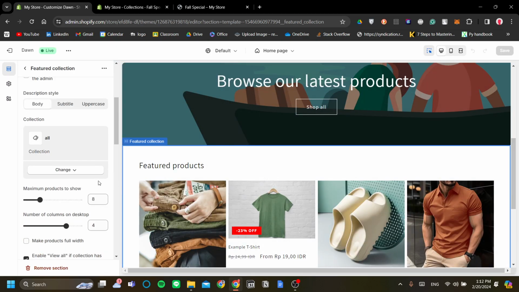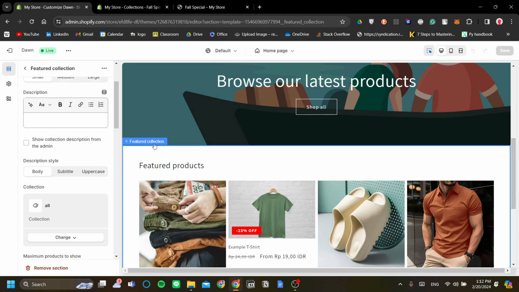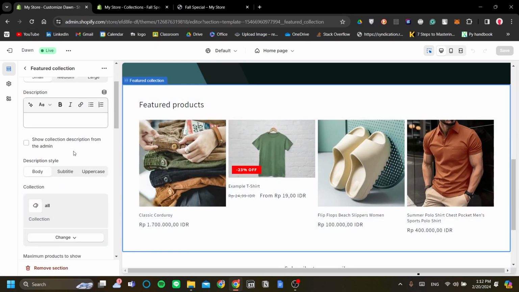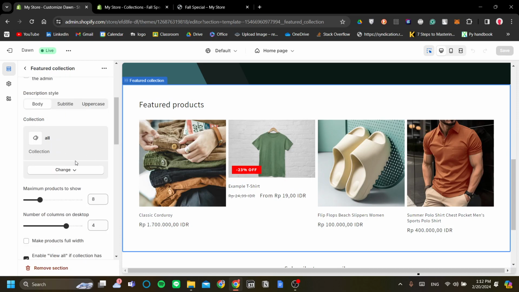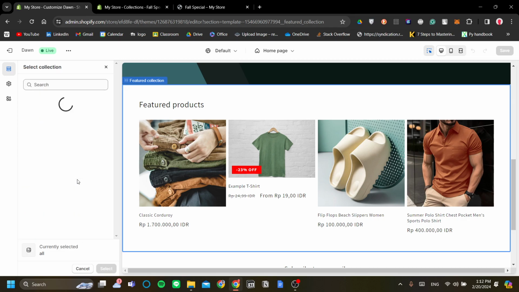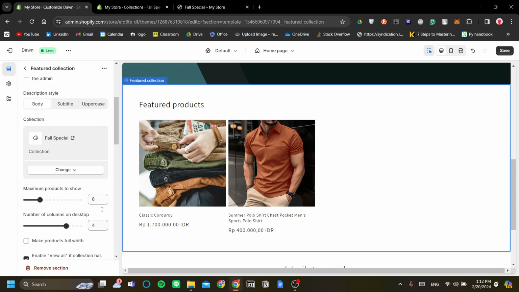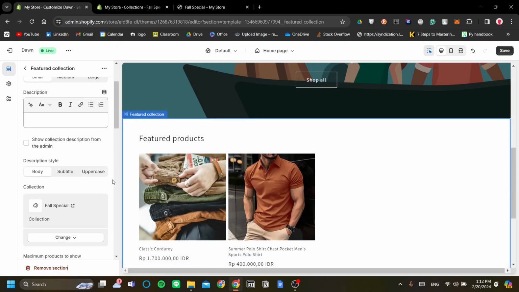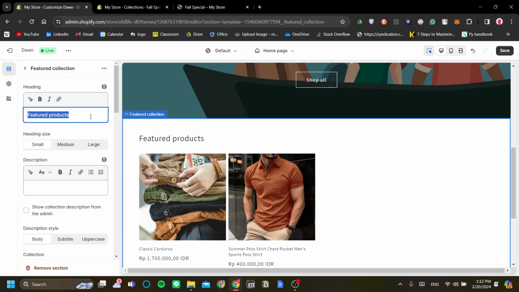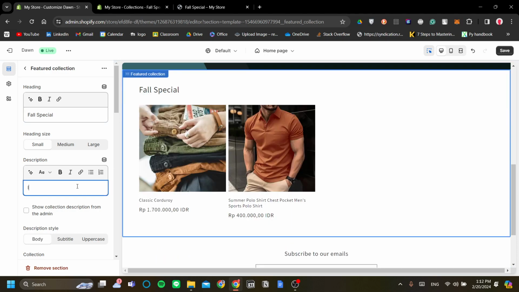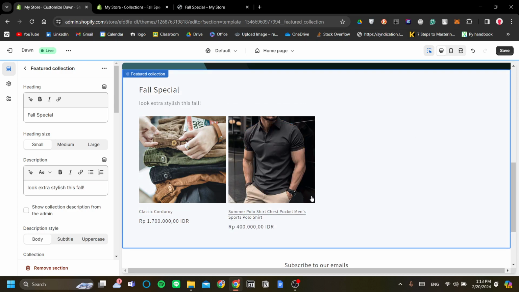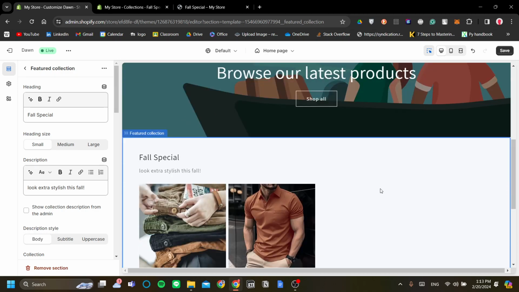All right. Now scroll down in the featured collection settings. And once you've scrolled down under this collection menu, click change and click change collection. And let's choose the fall special and click select. All right. So somehow it reverts our fall heading. So let's rewrite it: fall special and look extra stylish this fall. Exclamation mark. Okay. Now I think this is already pretty cool for Shopify to enable us to do this natively